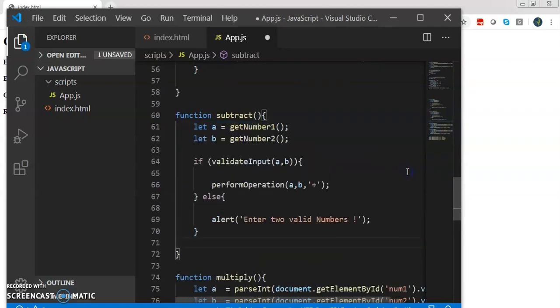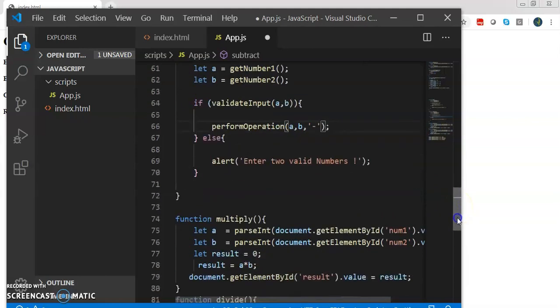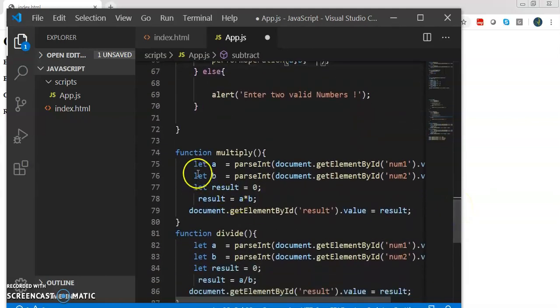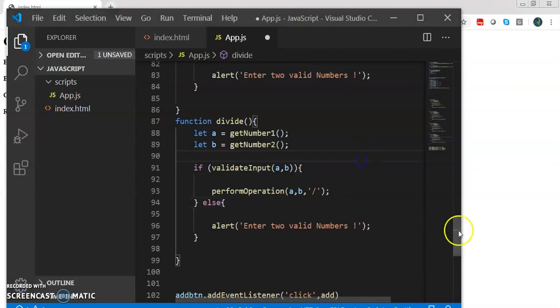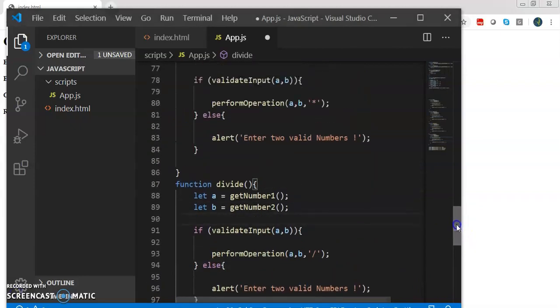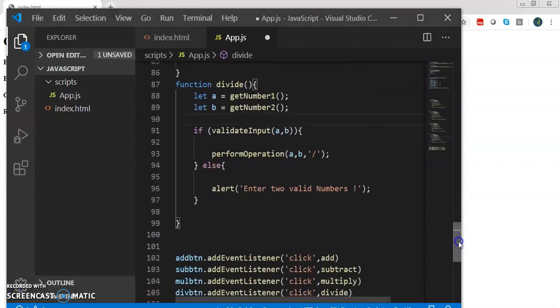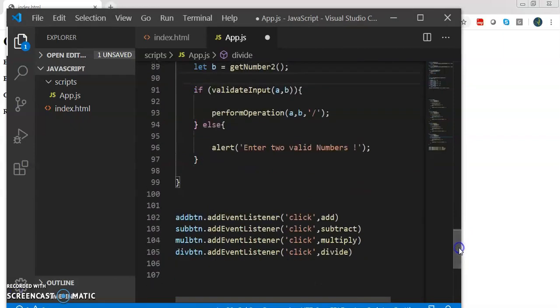Just remove this content and paste the content. And here the subtract function should be minus. Similarly in the multiplication. So I changed all the functions. So let's save this and run in the Chrome.